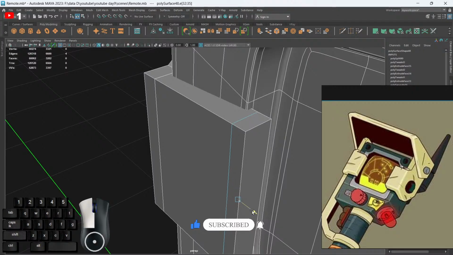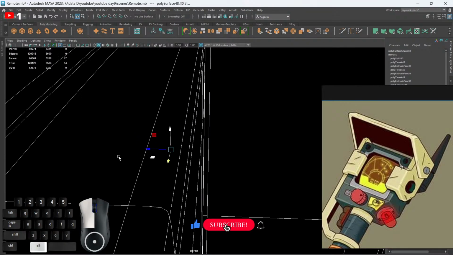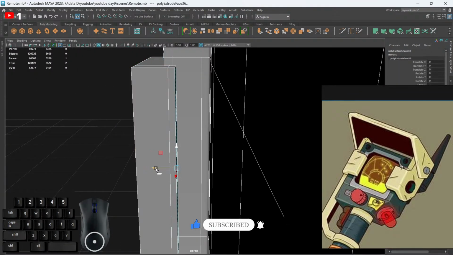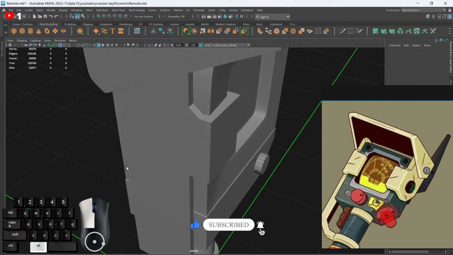Take this edge a little more behind, and we would bring this face like this. Yeah, now it looks